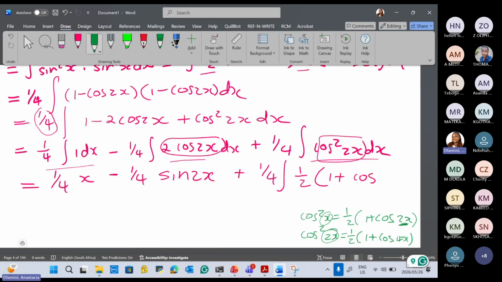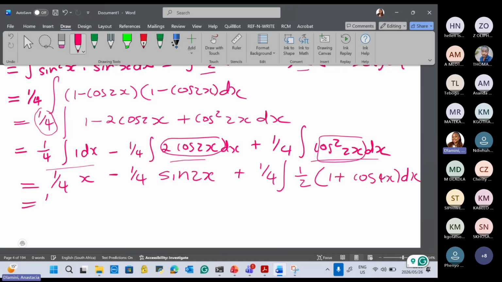Are we all together? Thank you. So meaning that this over here will be cos 4x dx. Now this, we're just writing step by step, guys. You don't have to write all these steps. The reason why we are writing all these steps, we just want to see properly what's going on. So this becomes 1 times, this becomes 1/8. Do we agree? Yes, ma'am. The integral of 1 dx plus 1/8, the integral of